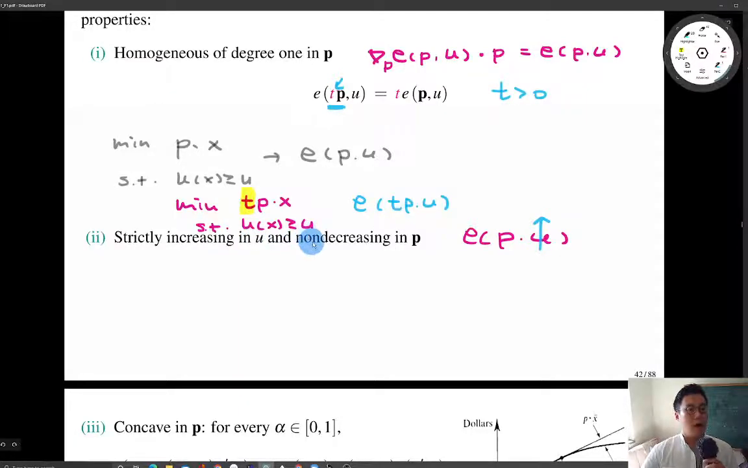And it is non-decreasing in price. So intuitively, if the price level is increasing and he wants to achieve the target utility U, then the minimum expenditure necessary for this objective gets higher and higher. And the way to prove that, all right, so let me prove this second property, non-decreasing in the price vector. So we have to show that,